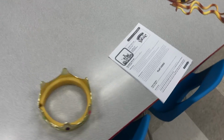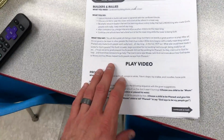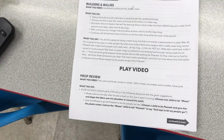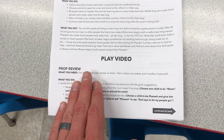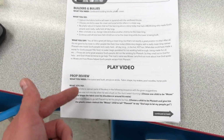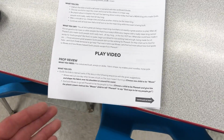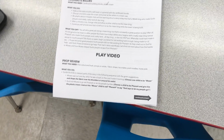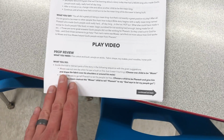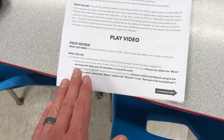So like I said, the video is a very broad overview, very general overview of the Exodus story. And then after the video, we're going to do the prop review. So we'll review the story using different props along the way. So first activity, and as you're doing this, you want to have the kids kind of hold up the props, put on the different costume pieces, things like that,